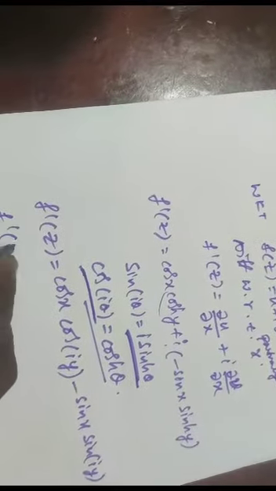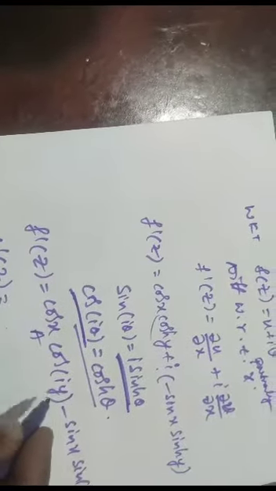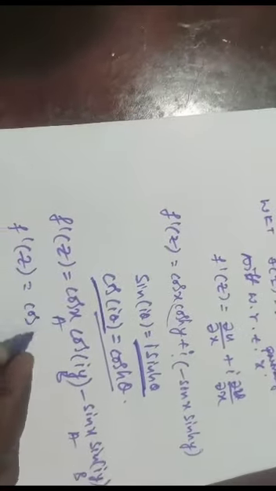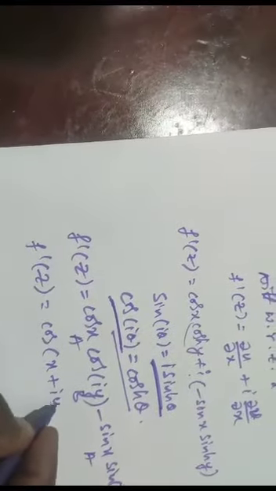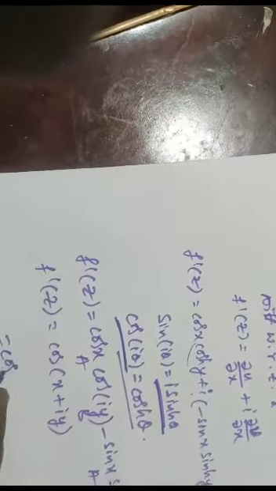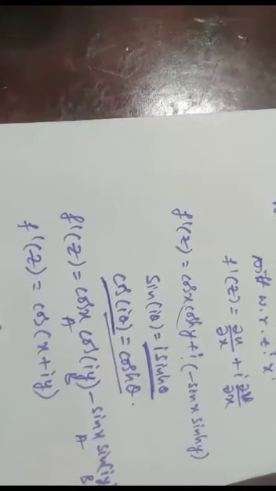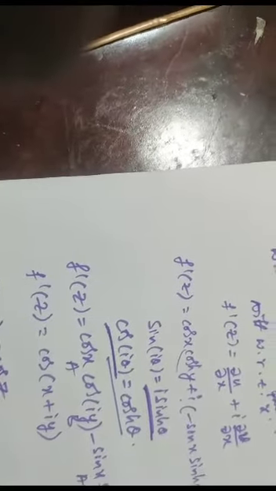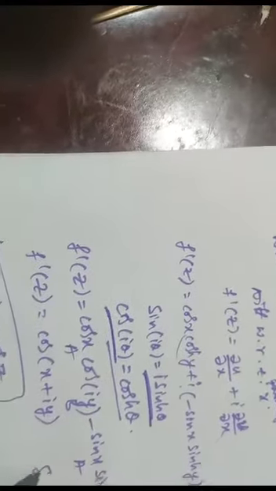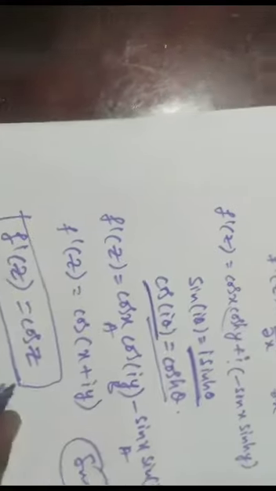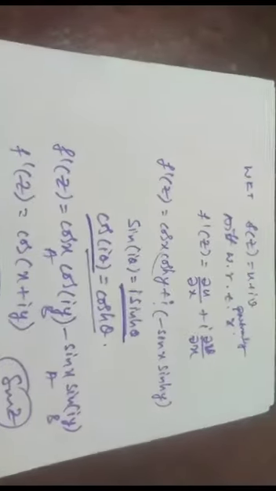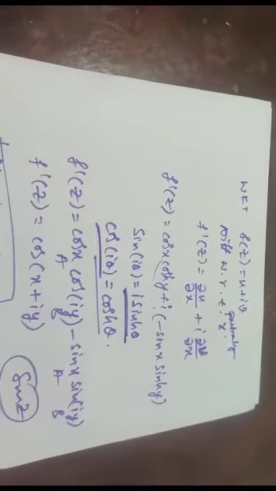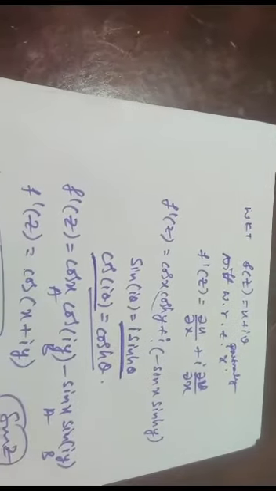Here f dash of z equal to cos x cos iy minus sin x sin iy. This is in the form of cos A cos B minus sin A sin B, the formula of cos of A plus B, where A is x, B is iy. In this problem z is in Cartesian form, so x plus iy is z. This is our derivative of the given analytic function. What is our analytic function? Sin z is our analytic function. Derivative of sin z is cos z. This is how we have to identify the derivative of an analytic function by using Cauchy-Riemann equations.